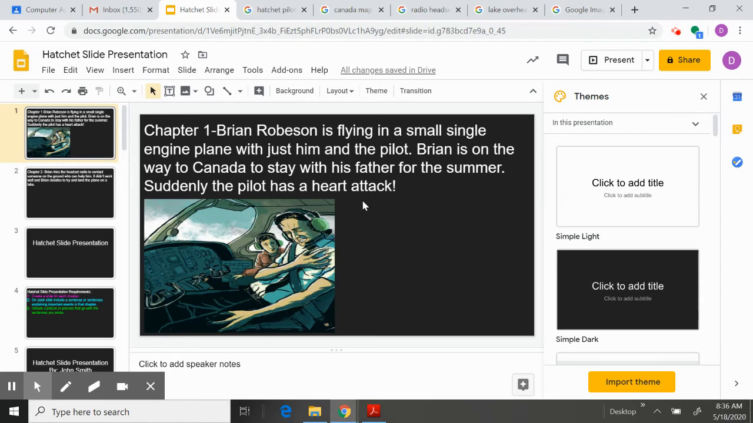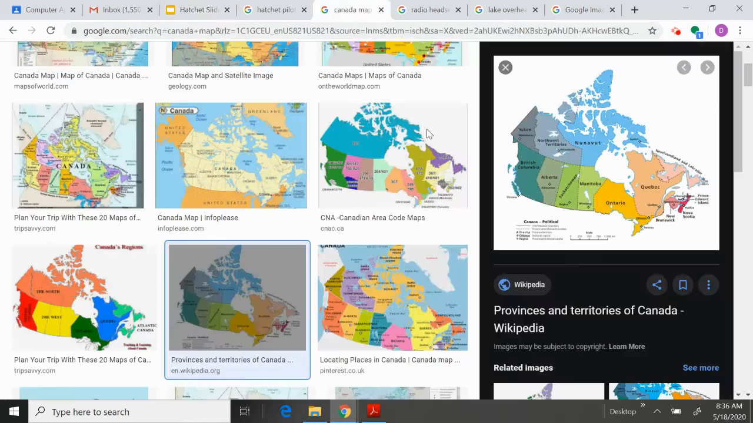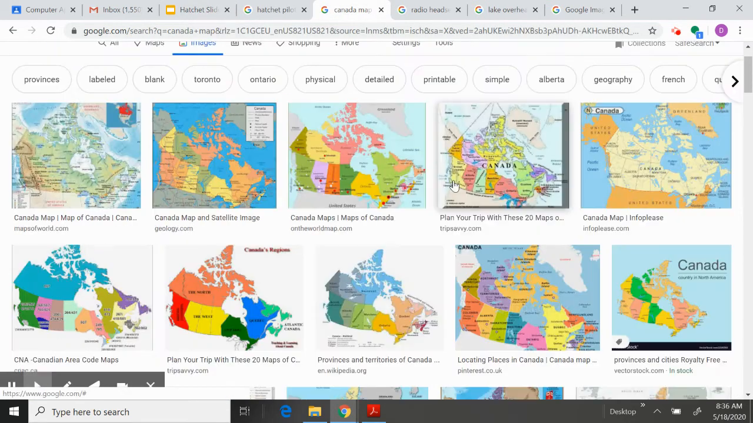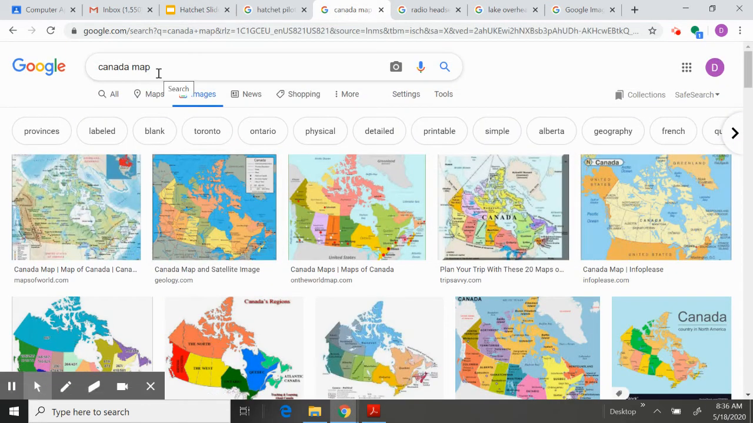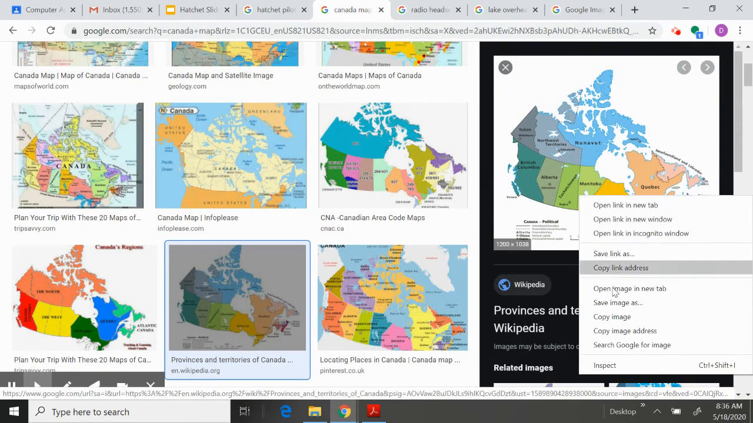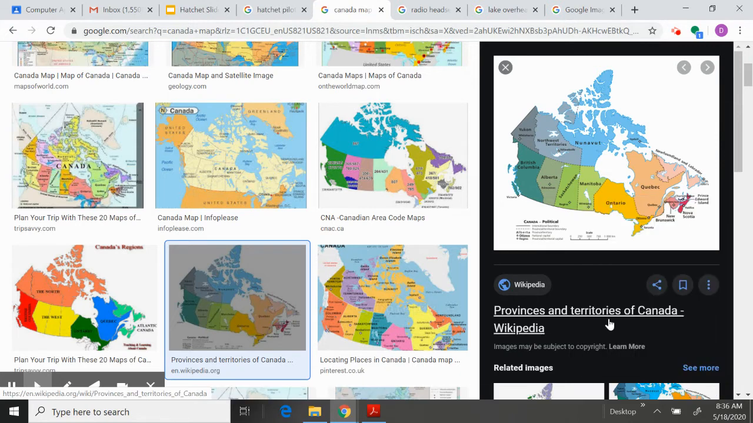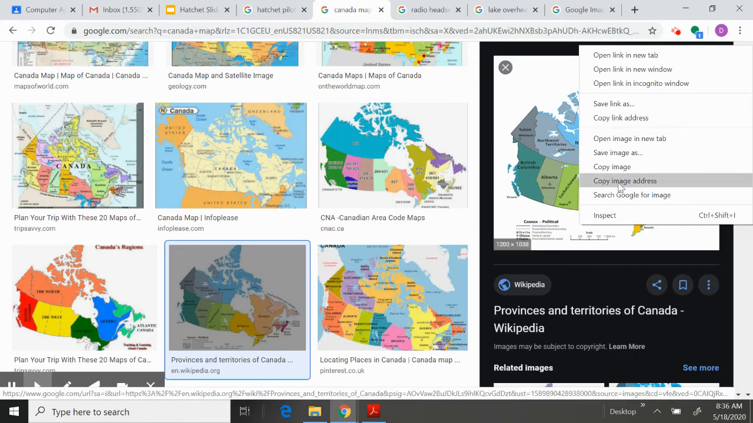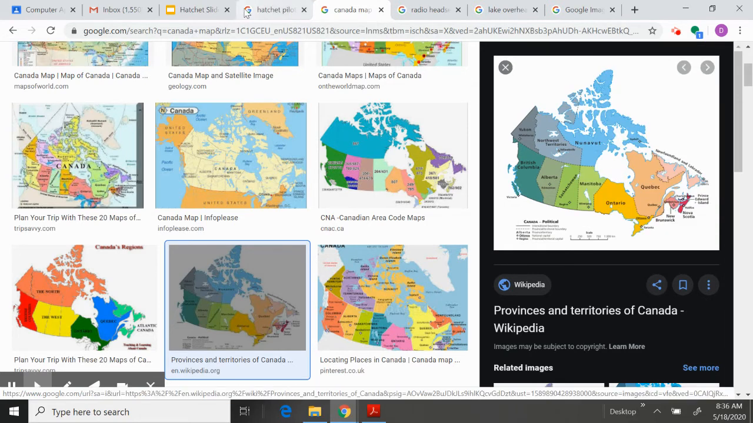I'm also going to now, I like the idea of Canada, how Brian was flying to Canada. So also on Google, I looked up Canada map. And in the Canada map, there's a lot of different pictures. I kind of like this one. It shows you all the different provinces in Canada. So again, I right click, scroll down, left click, copy image,